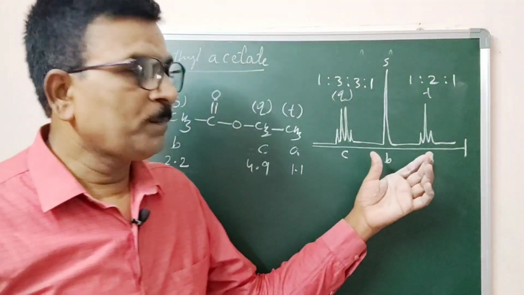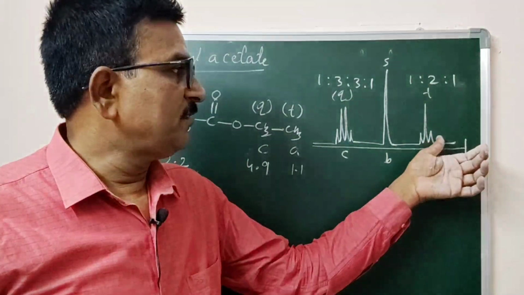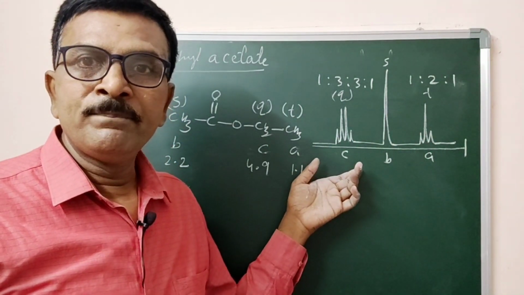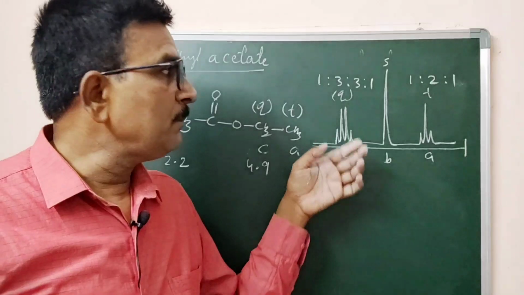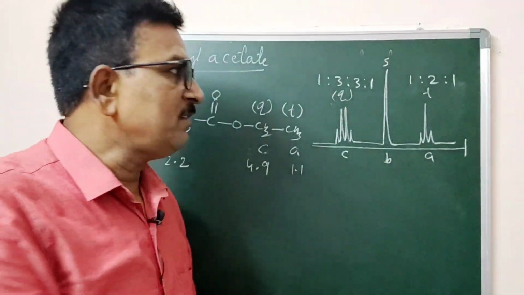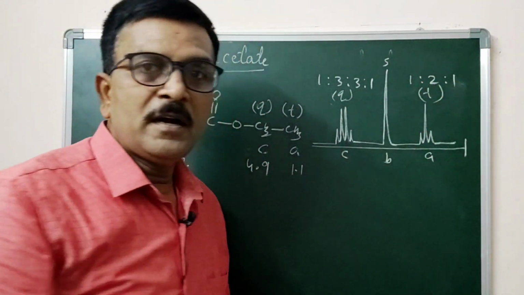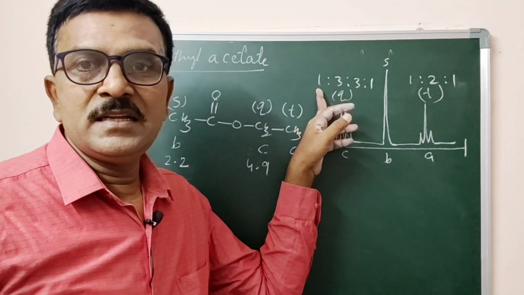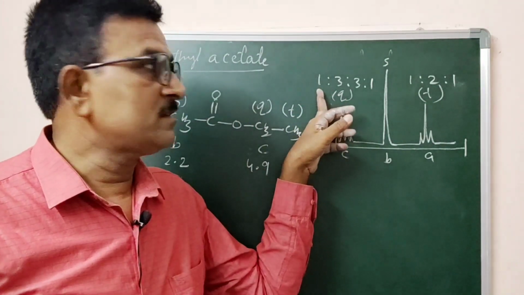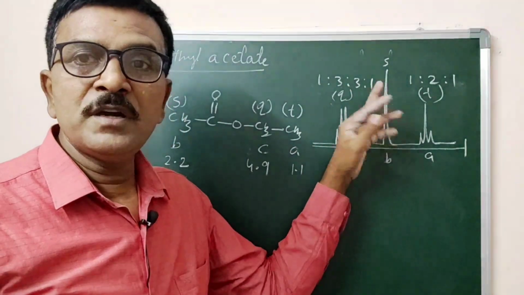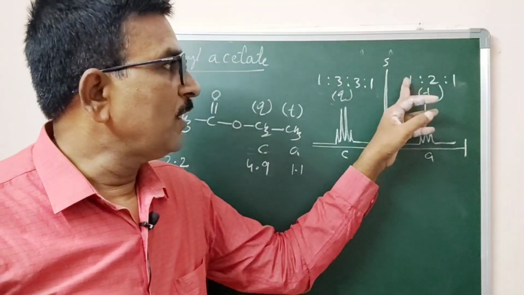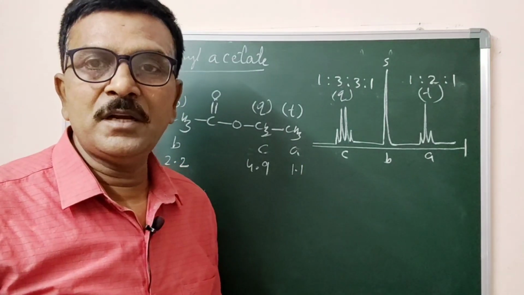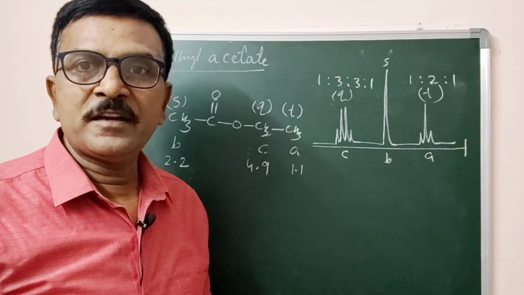After that you have to present the spectrum as triplet, singlet and quartet for the ABC sets of protons, designating the multiplicity within parentheses and indicating the intensities according to Pascal's triangle: 1:3:3:1 for quartet, 1:2:1 for triplet. So this is the way of presentation and study of an NMR spectrum.